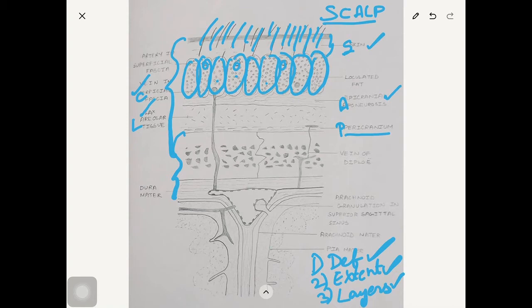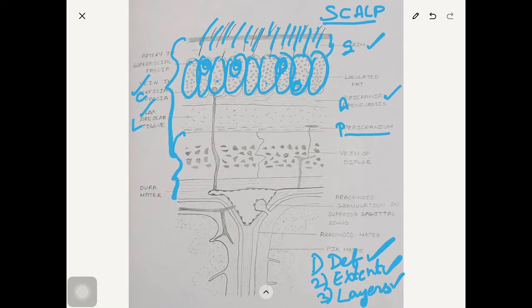You see the walls of the blood vessels, they are tightly adherent to the fibrous tissue. So when this layer is cut, the walls of the blood vessels are not able to retract. So they bleed profusely. If you are sitting in the casualty and you see any children or persons with scalp injury, they will bring lots of clothes soaked in blood. But the injury will be very small. You have to believe it, because scalp injuries bleed profusely. The reason is the walls of the vessels are not able to retract.